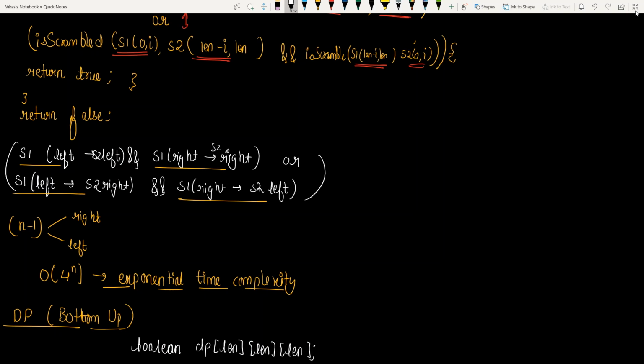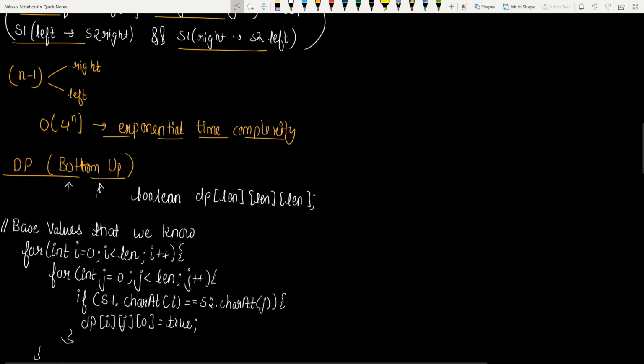Now we are going to fill this Boolean DP in bottom up manner. So let's see how we are going to fill it. Firstly, we are just going to store the values for length 1 only. We are going to compare the characters present in both the strings, and at the position i comma j, if we get a match, then we are going to make that value true in our DP array. So how are we going to do that?